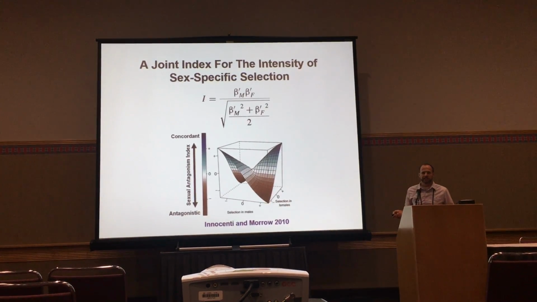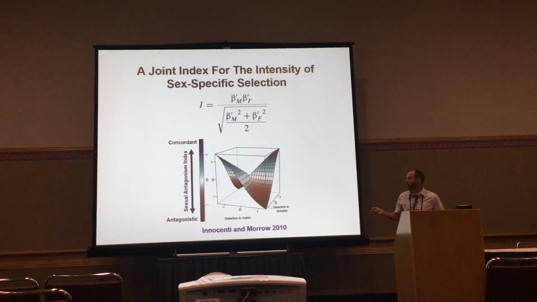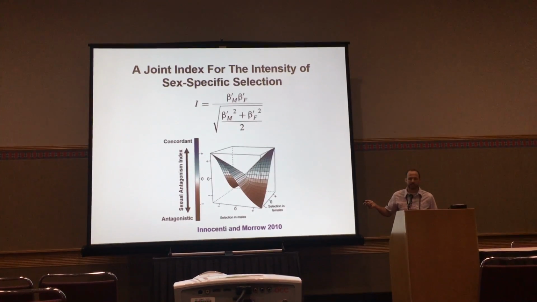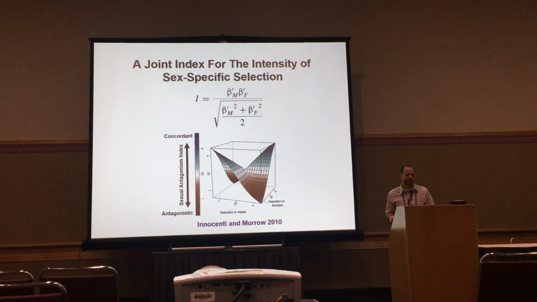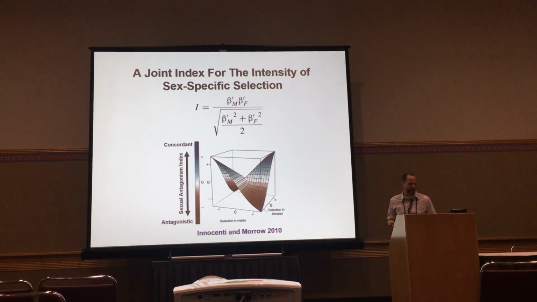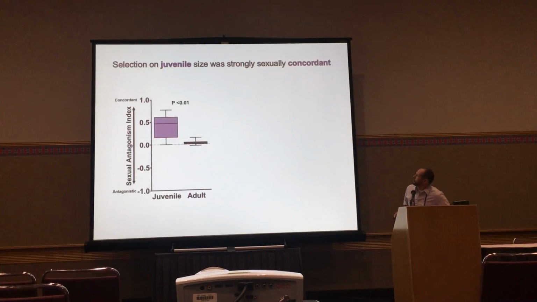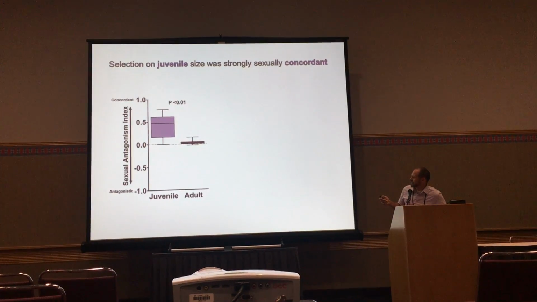If you have selection going in the same direction in both sexes, whether that's positive or negative, you're always going to get a positive value of the index. And then it's only when you have selection going in opposite directions in males and females that you get a negative number indicating antagonism. So, results. When I look at this all together, the first thing that jumps out here,